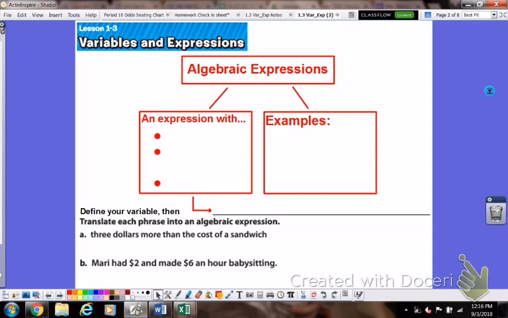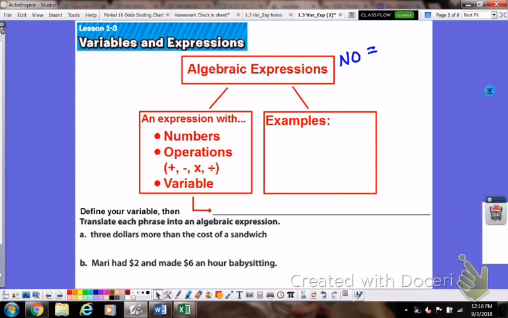An algebraic expression. First off, expression again meaning no equal sign. So an algebraic expression, just like a numerical expression, is an expression with numbers and operations like addition, subtraction, multiplication, and division. But to make it an algebraic expression, we now also have variables. So we would define a variable